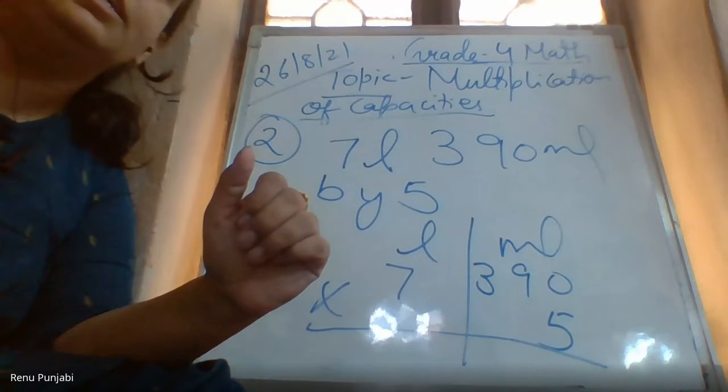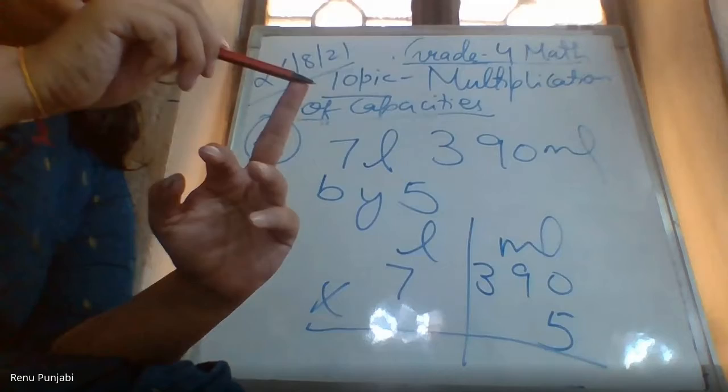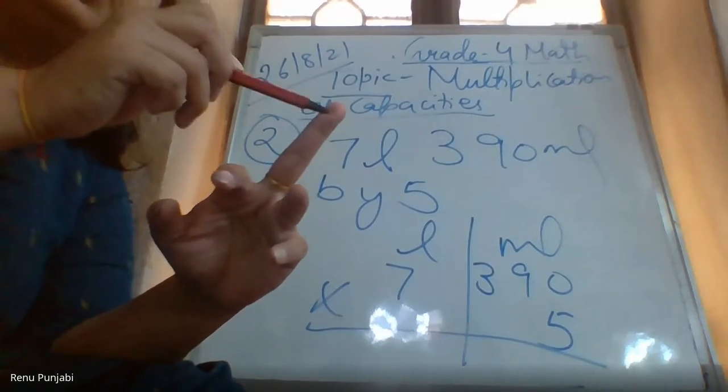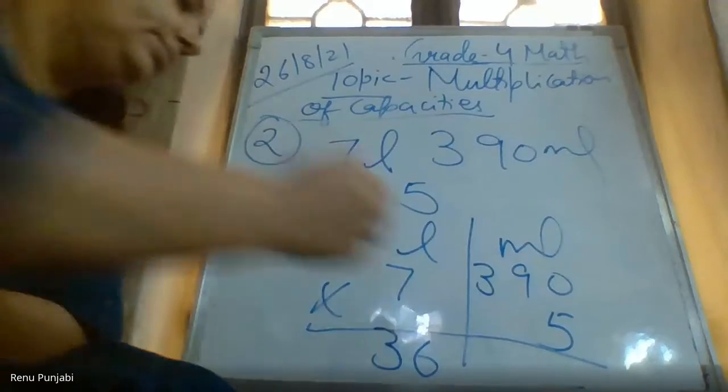Next is, no. Tej Kumar, you got, Manya got, Vedant got, Vishrut got. Now I will give chance to other students. Next, me, ma'am. Yes, I got the answer for this one. Yes, ma'am. Yes. What? Wait. Can I say this answer? The answer is 36 liter and 950 milliliters. Very good.